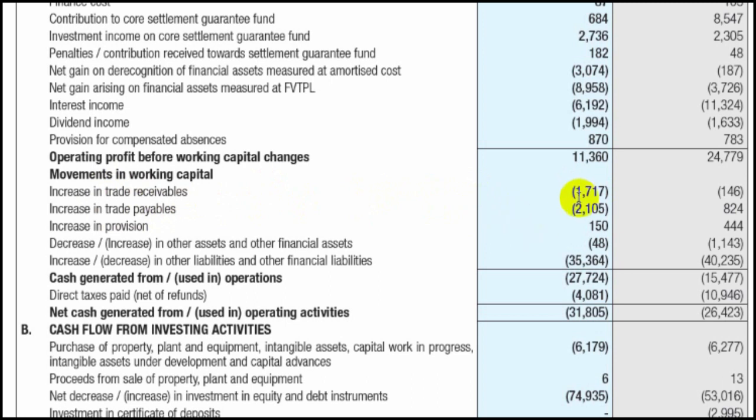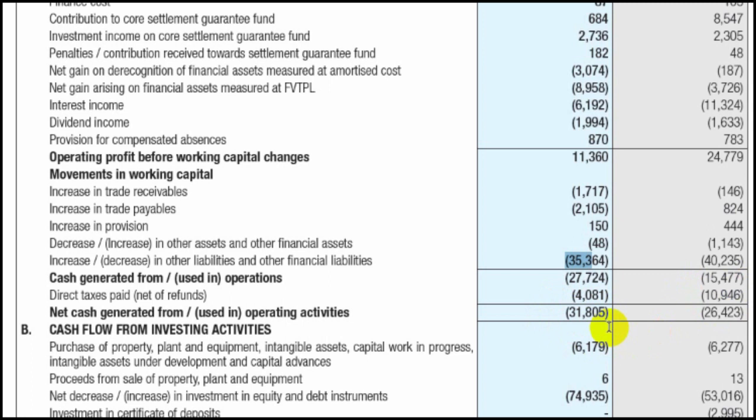receivables by 17 crores. Company paid off around 21 crores to its suppliers. A major outflow was in terms of other liabilities and other financial, which reduced the operating profit before working capital changes by 353 crores, and therefore we see a negative 277 crores of cash going out of the operating activity. In the previous year, the company's cash outflows through operating activity were 154 crores. Finally, company paid a tax of around 40 crores which got deducted, and the net cash outflow from operating activities